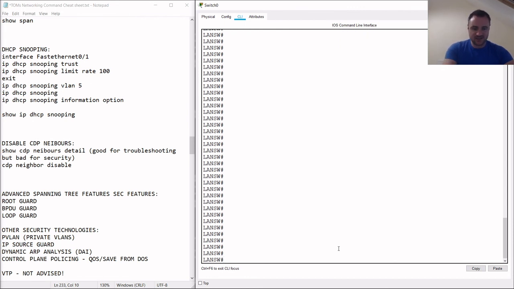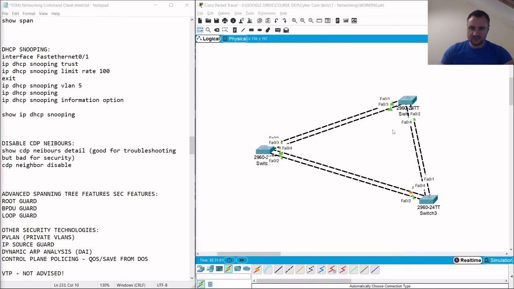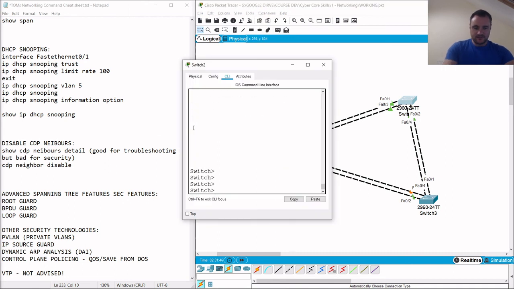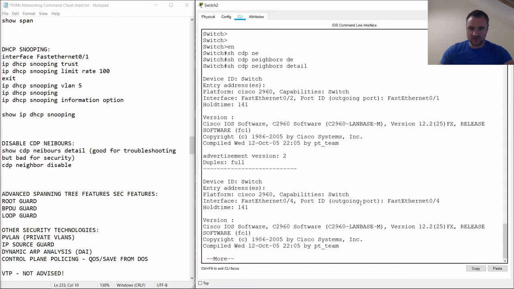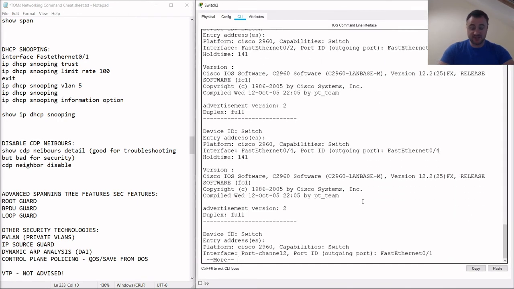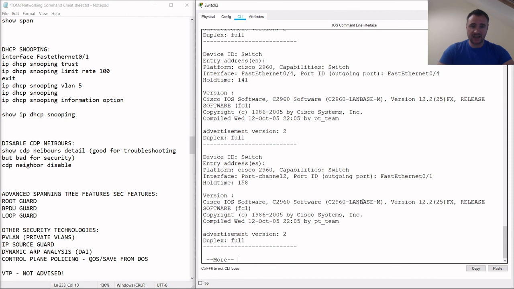CDP neighbors is really interesting. If I do it not on this one, but on this build we've got, hit enter a few times, show CDP neighbors detail. So CDP is basically Cisco Discovery Protocol. It's Cisco proprietary. LLDP, Link Layer Discovery Protocol, is the open source version, and we can enable that on ports